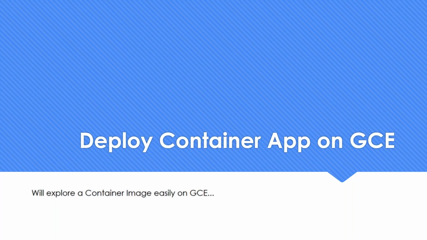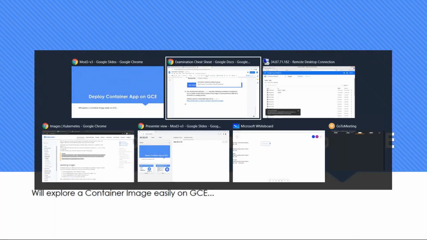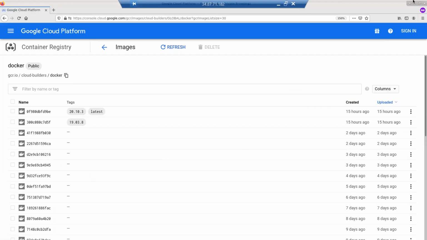Now we are slowly coming to that concept. When you containerize it, it's going to work in every environment, whether it is your local machine, my machine, AWS, Azure, or GCP. So this is the first step. Let's try to run the same container, or maybe a new container image we can turn on today, and try to use it in GCE, Google Compute Engine. Okay, so for that, what I'll do is